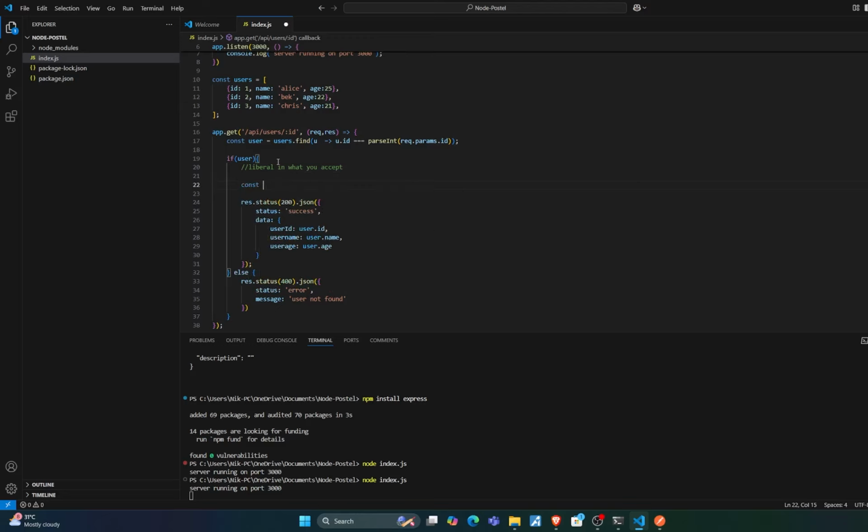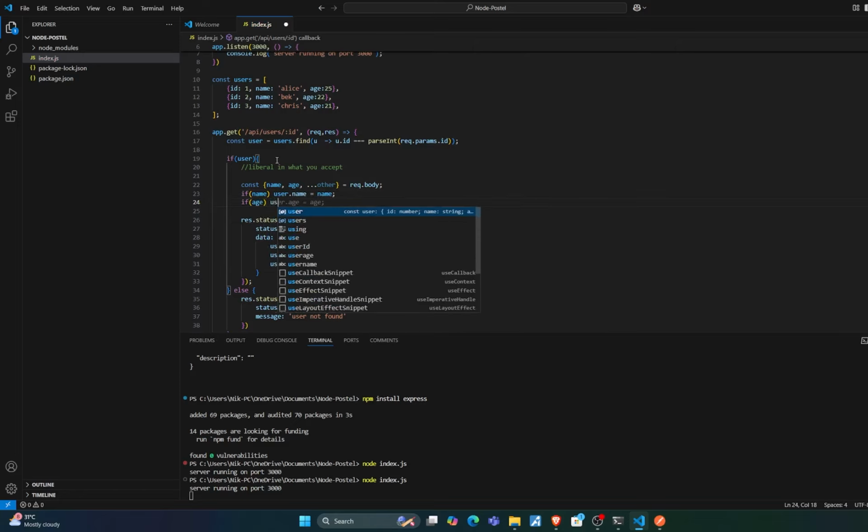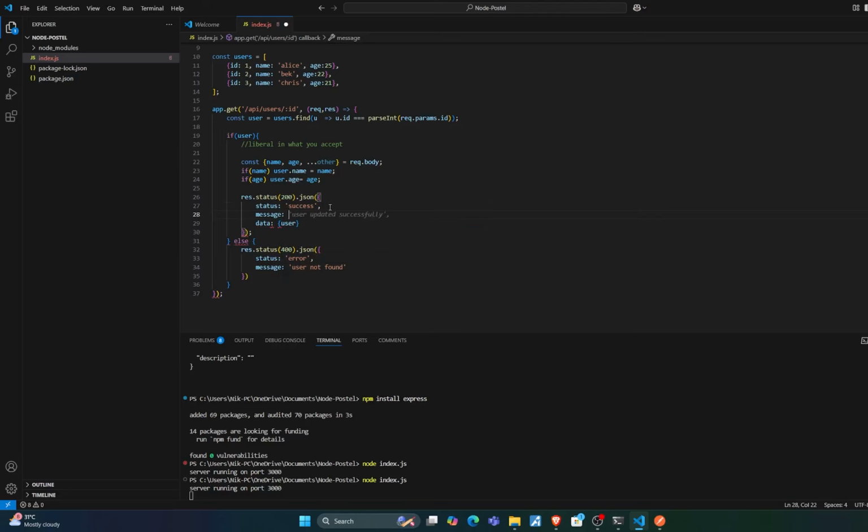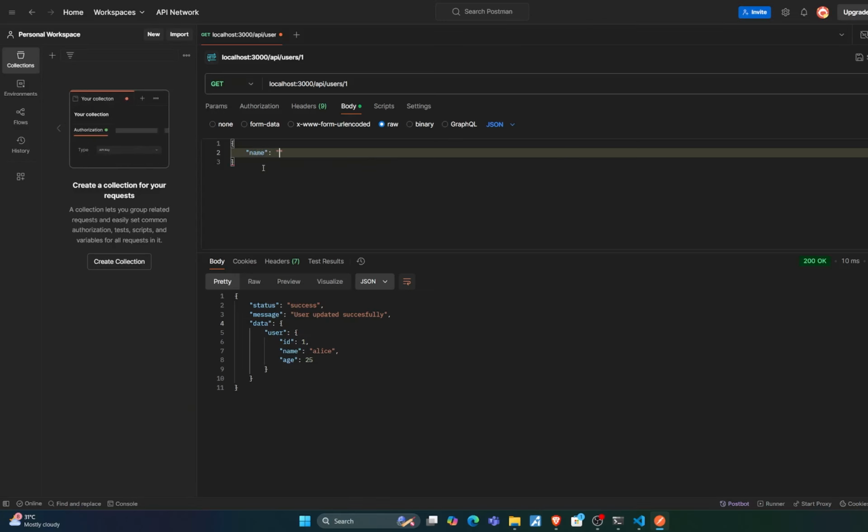So we'll destructure the request body to include name, age and any other fields. And we'll say if name, we'll update the name, and if age, we'll update the age and send back the appropriate response. And so let's go ahead and test all these changes out in Postman. So basically, while sending the request, here we can see that the user is updated,